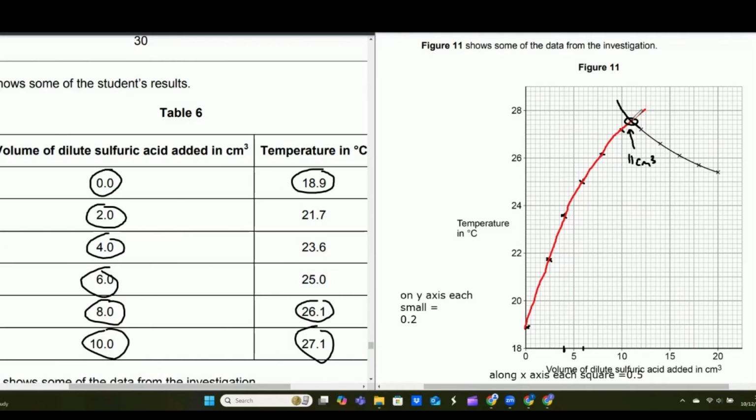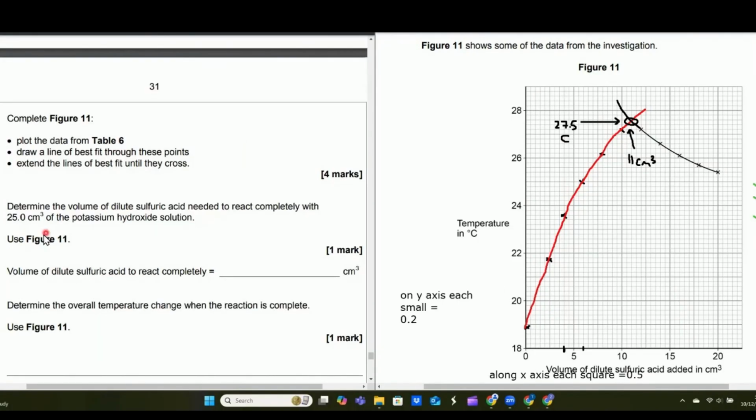And the next part of the question is, at what temperature has the reaction finished? Well, that's the point where the acid has completely neutralized the KOH. And the temperature is going to be 27.5 degrees, roughly. Again, looking at the y-axis for that. And so over here on the left, we can just write the volume of dilute sulfuric acid needed was 11